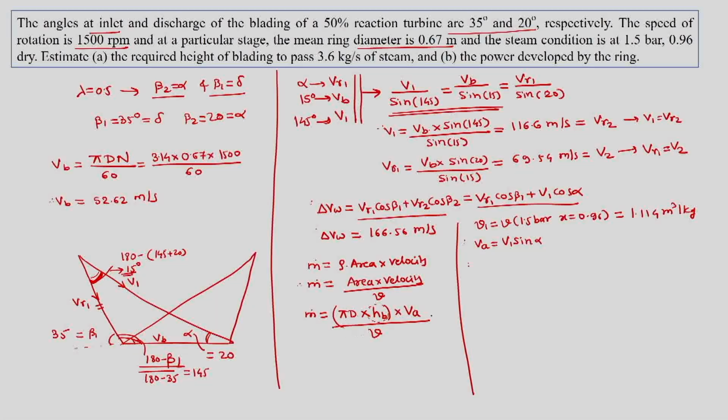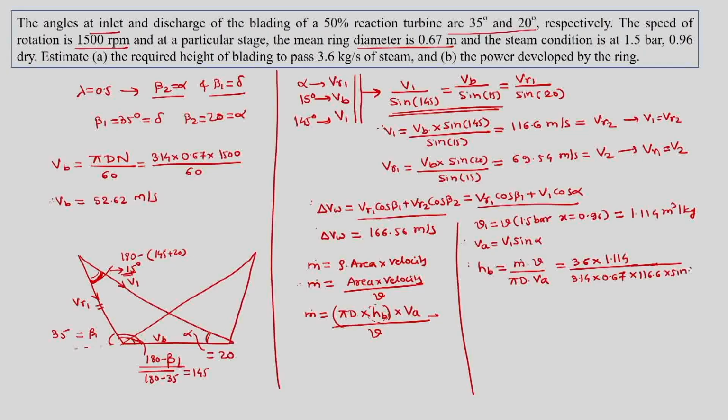So this formula can be rearranged and written as HB is equal to m dot into specific volume divided by pi d into VA, which is m dot. Since m dot is 3.6, specific volume is 1.114, pi is 3.14, d is given to us as 0.67 into V1, and V1 is 116.6